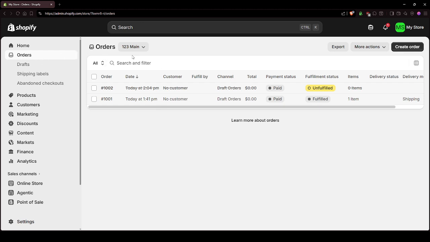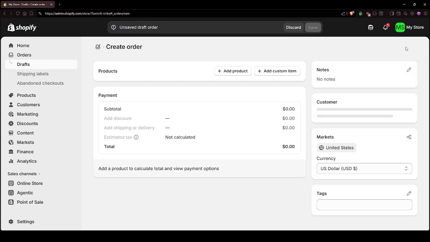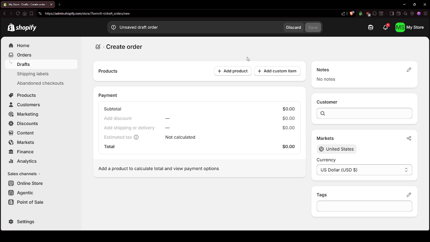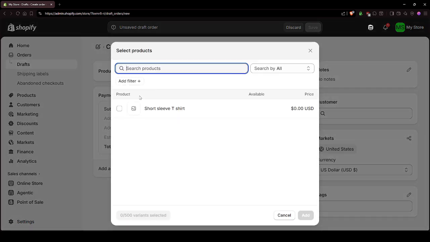Your test order will appear in the order list just like a real order would, but do not worry about being charged any transaction fees if you are on the Shopify Payments test mode, because test transactions simulate the checkout without moving real money. Immediately after locating your test order, click on the order number to open the full order